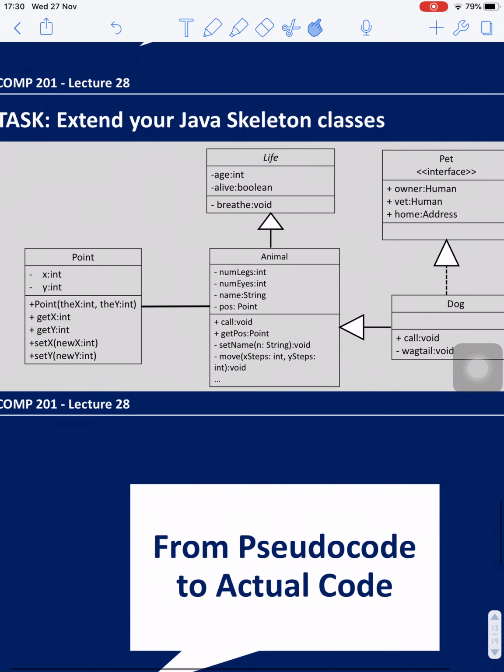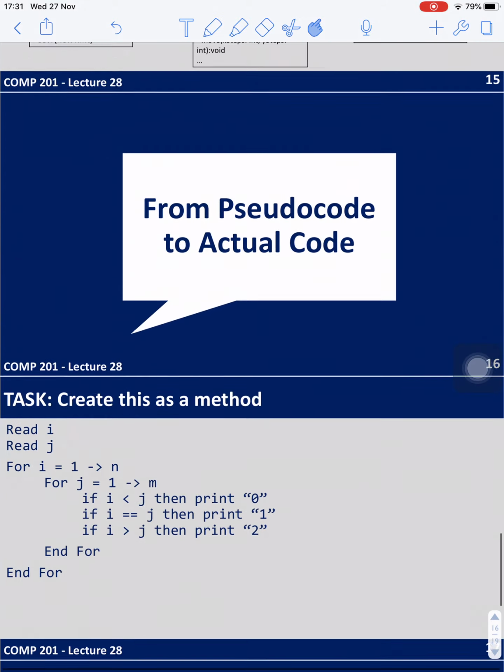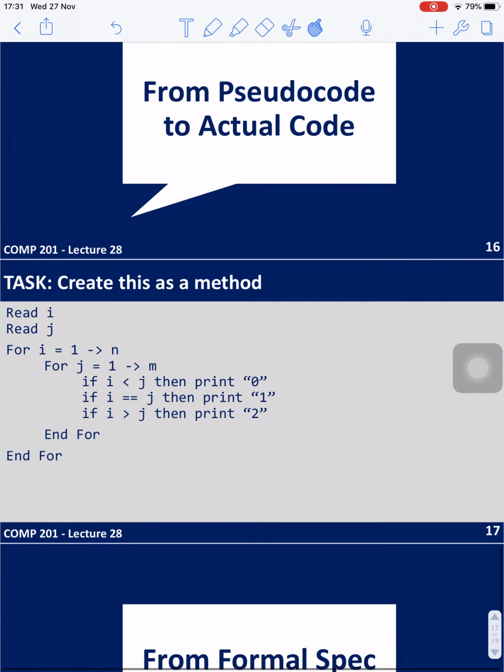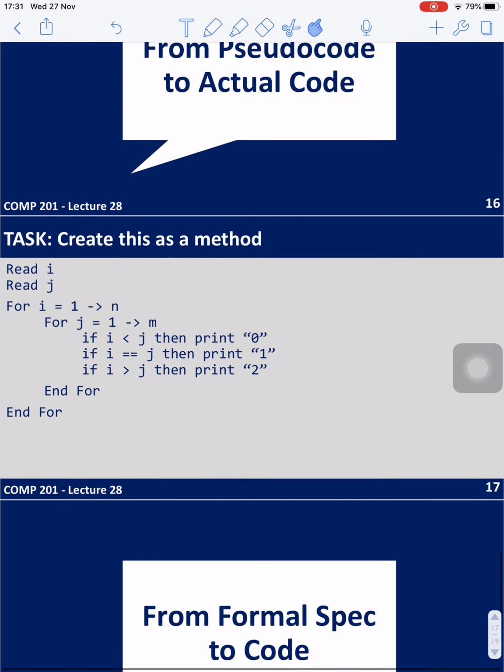And the interface is that, this is also wrong. The teacher said that interfaces can only have public methods. The interfaces can only have methods. The interface cannot have attributes. And compared with the abstract class, and apart from that, we can translate from the pseudocode to the actual code,